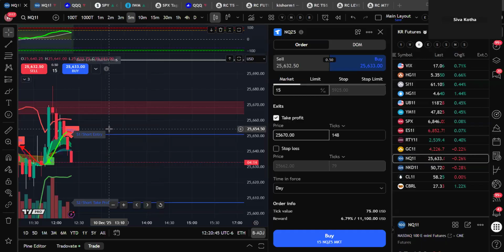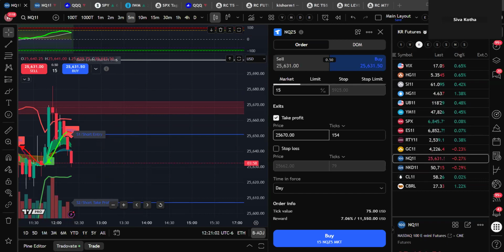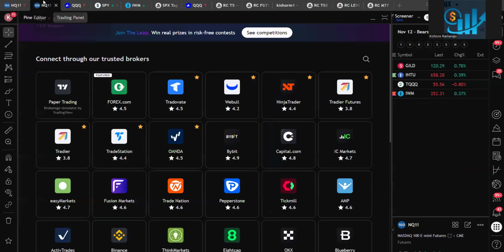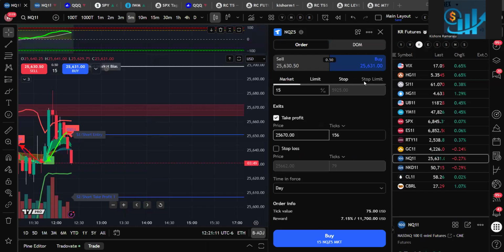Can I use the same Apex TradeAway account, the one I opened in the morning? No, you cannot use the same account. If you use the same account, it will open and close in the same place. So if you have 10 accounts, you use Apex one in this account and Apex two in that account. But I opened only one account. If you have only one account, then just go based on whatever I say. At 12:55